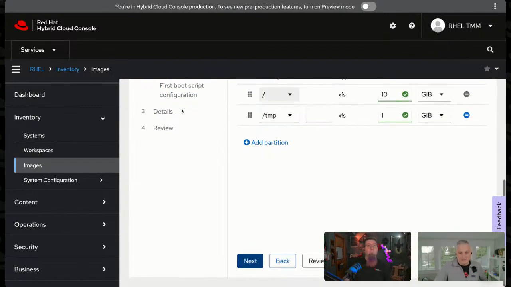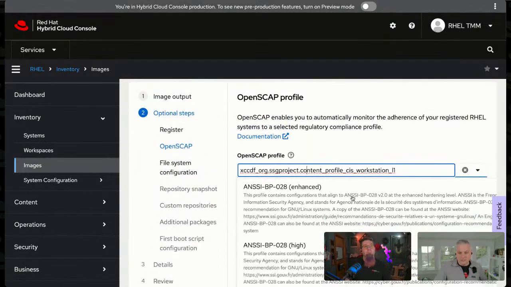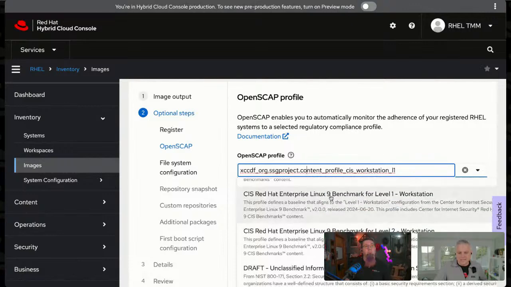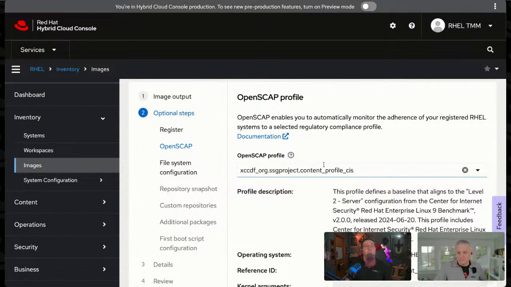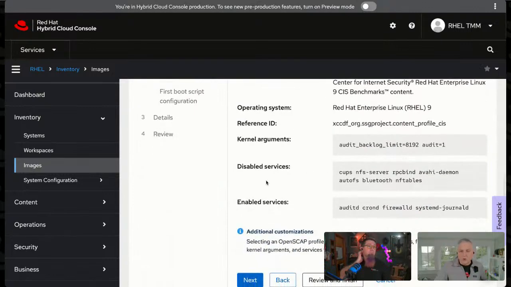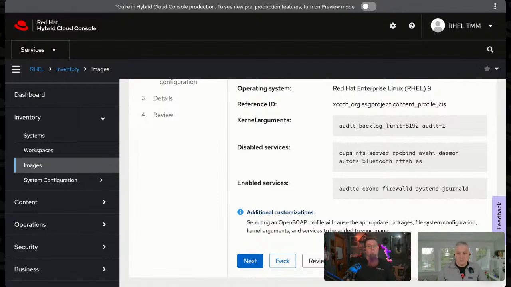If I go back and I change my compliance standard, let's say I do CIS level 2 for server. So one, we get some additional kernel arguments thrown in there. So when I boot the machine, it will boot with these arguments. The disabled services got a little bit more severe, turns off things like Bluetooth. And when I hit next,